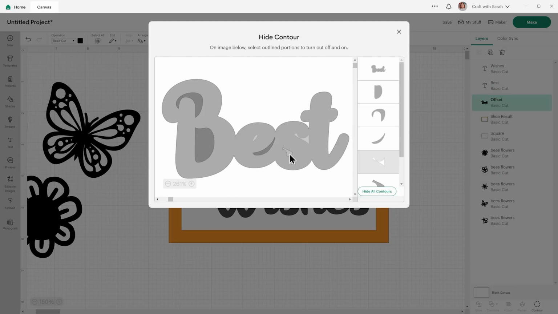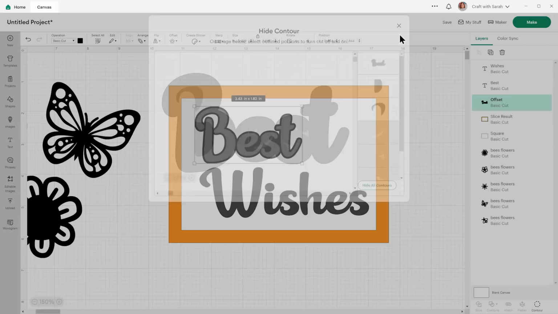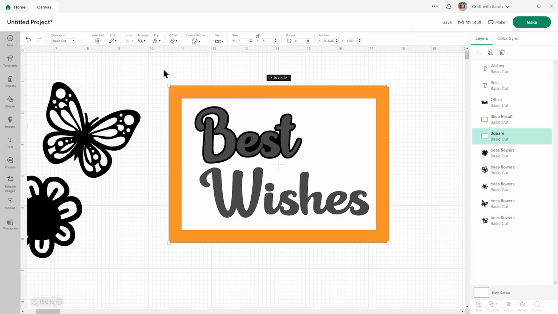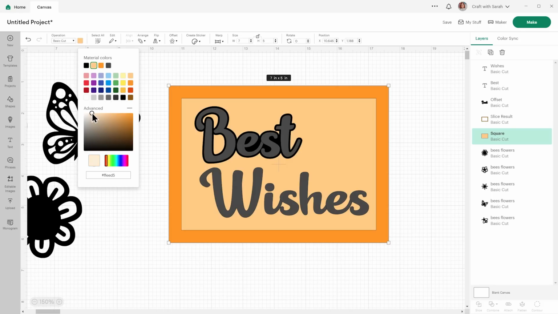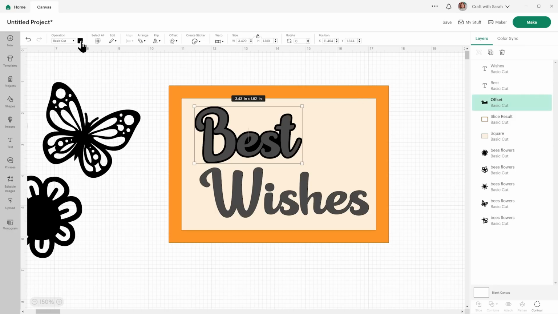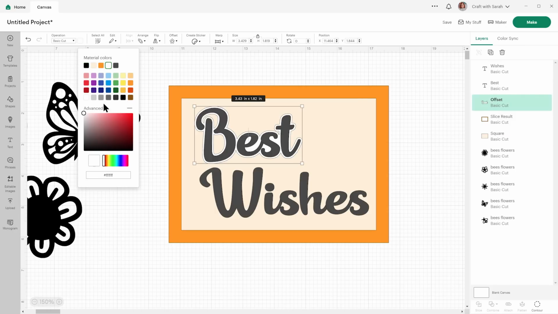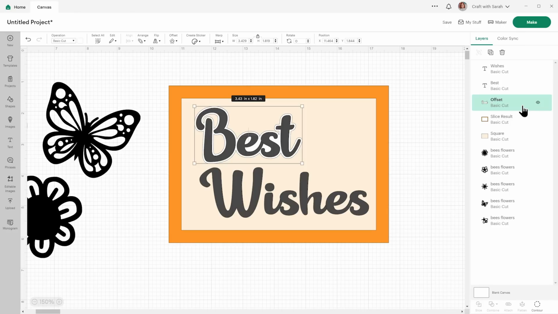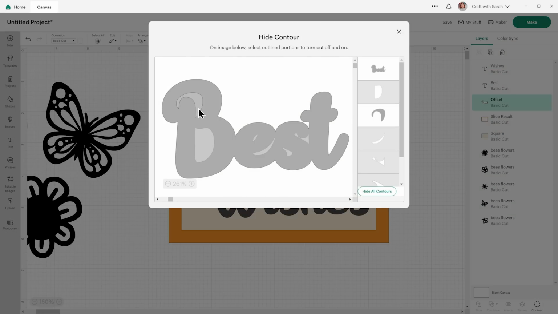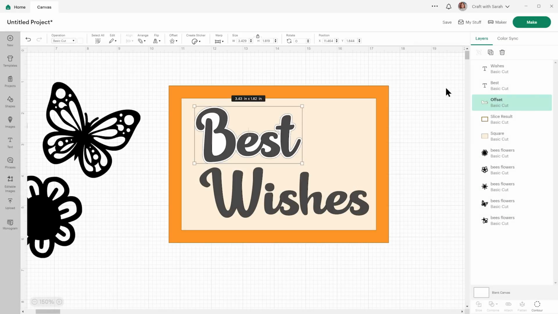And then we'll have a little look in contour down here and take out some of these tiny pieces by clicking. I'll leave the ones in the B because they're quite big. And then I'll just change this colour down here, the white rectangle, to a much lighter orange. Then I can change the offset to white. And actually after doing that, I don't like that I can see the gaps in the B, but not the other letters. So I'm going to fill those in as well.